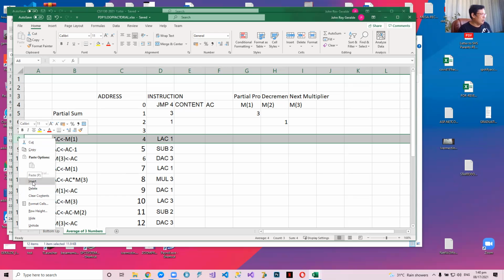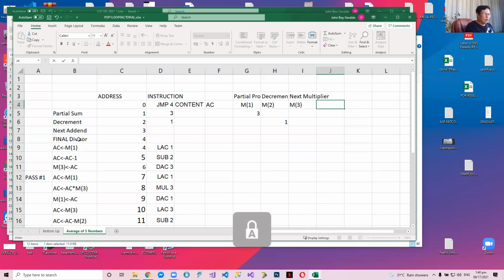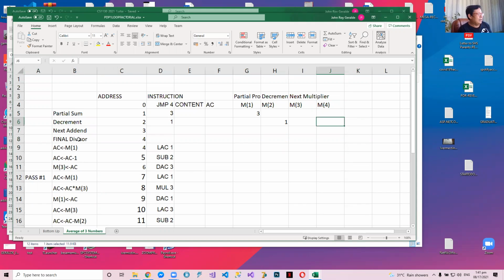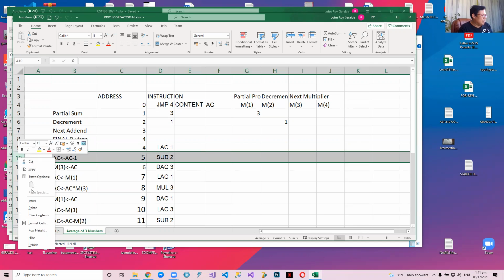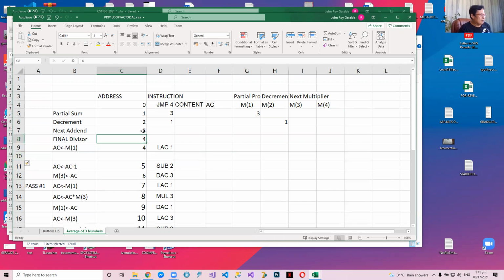So we are going to store our final divisor in M of 4. Here in M of 4, do you follow? So here we will now use variable 4 in memory. And this is no longer a jump 4, we'll change that later, but we are going to add one more line because we are going to save our divisor here. So let's extend this,